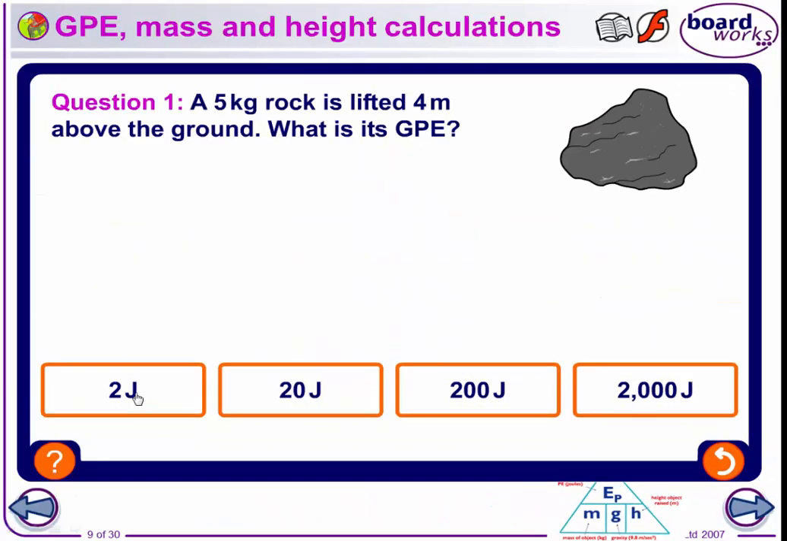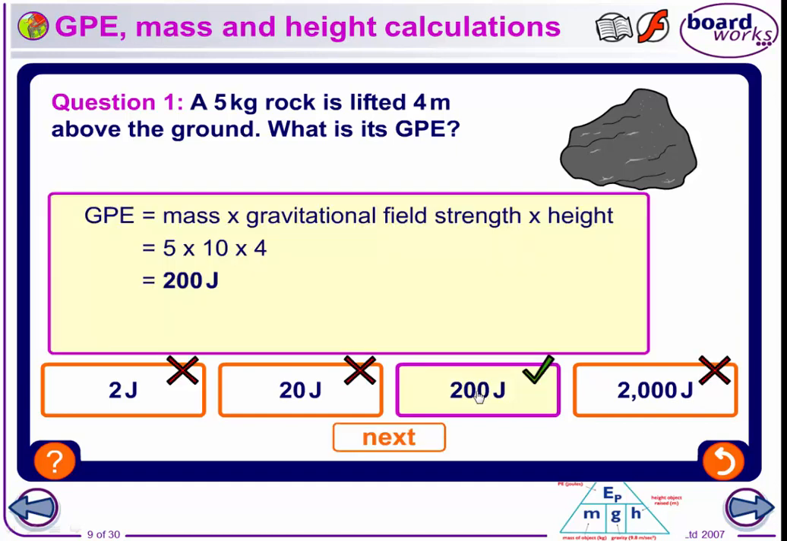Is it 2 joules? No. Is it 20 joules? No. Is it 2,000 joules? No. It's 200 joules. 5 times 10 times 4 is 200 joules. Next,